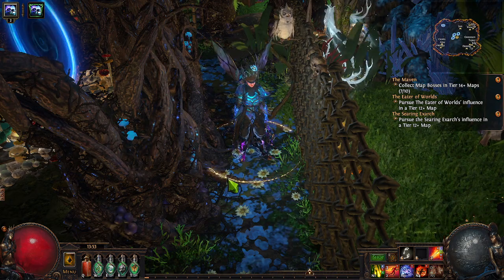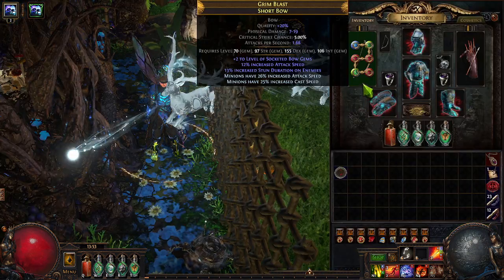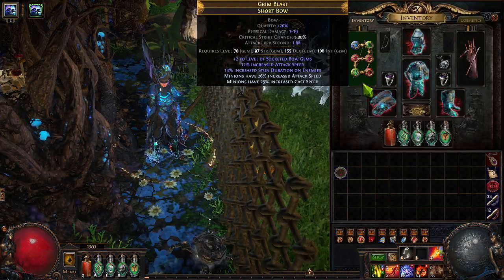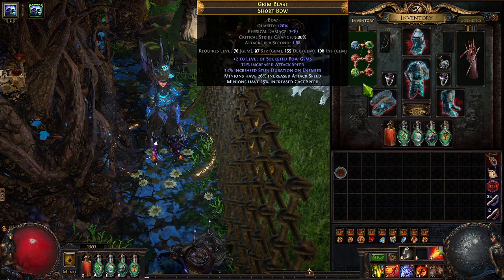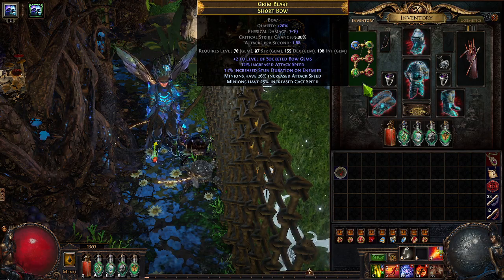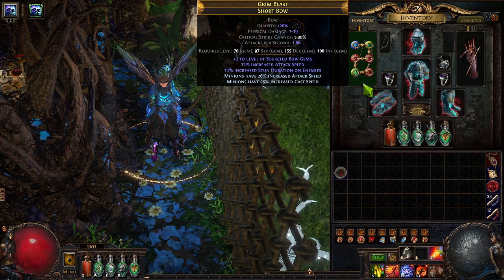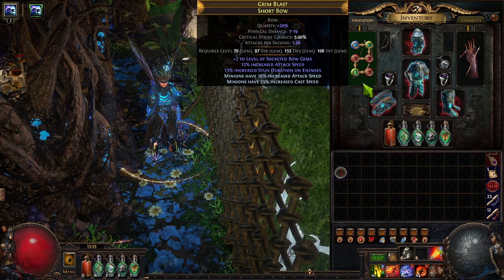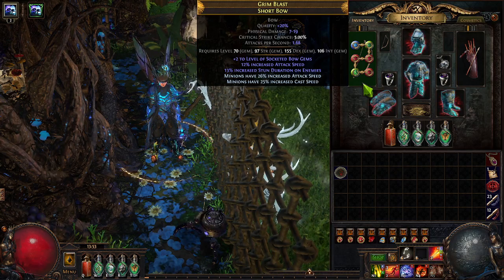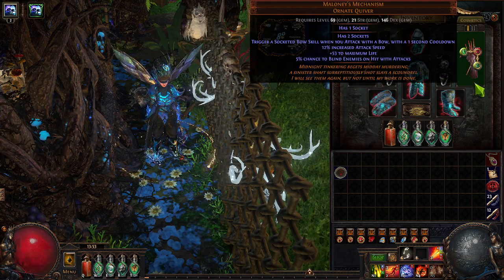We'll take a look at my items real quick here. Okay, so the bow is just, it's not optimized yet. I still need to do multi-mod craft and craft the bow according to the specifications that he showed in the video. But anyway, it's just a basic bow for now. This is super easy to get. I'm using